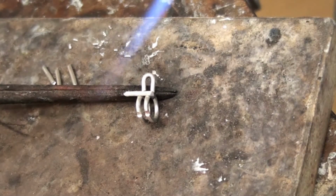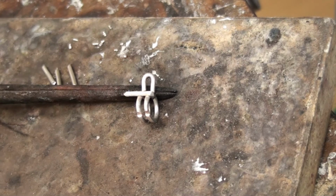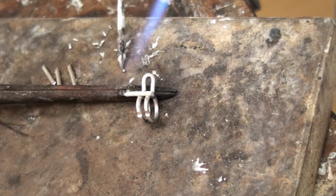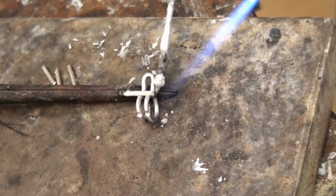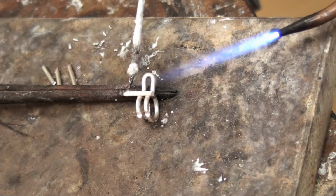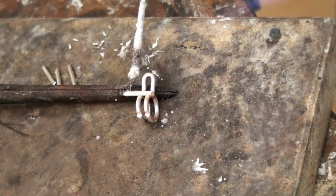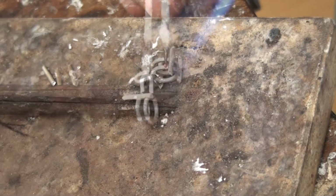The flux acts like a glue, so I like to get it into position and then just use my pick to pop the solder on. And I'm just going to do one solder joint on each claw, then I'll check that it looks straight, so I'll just push it up, then I'll